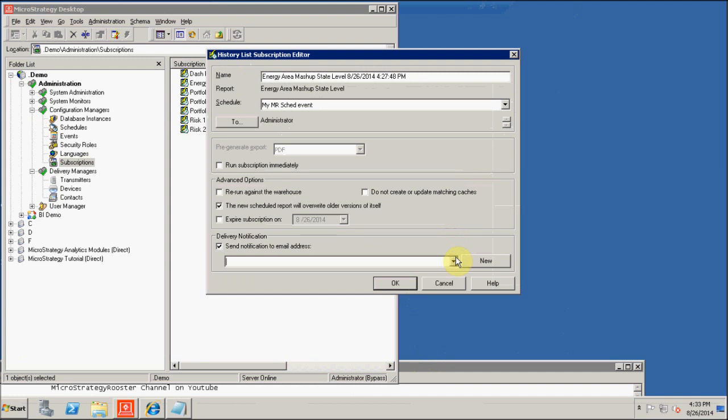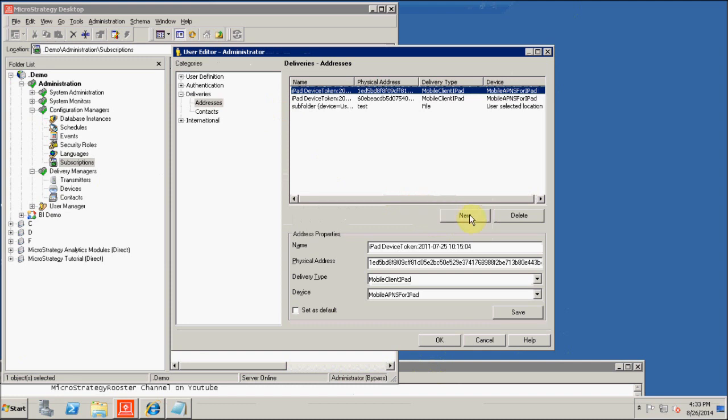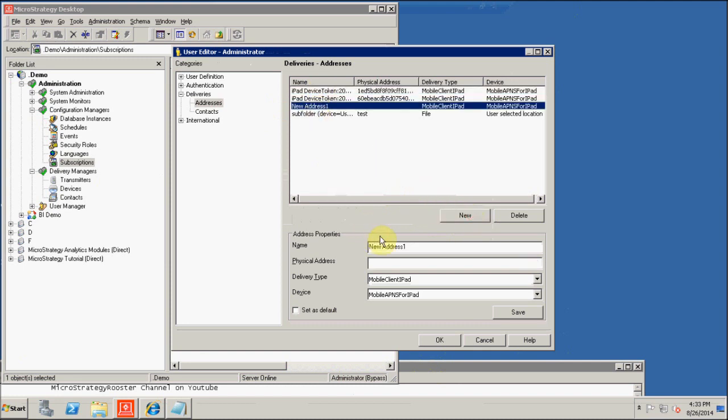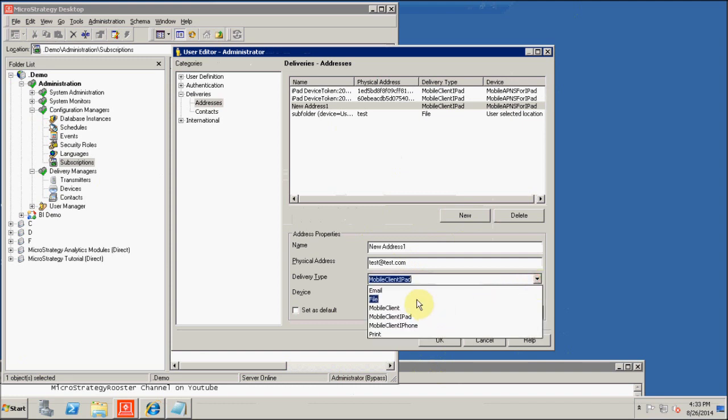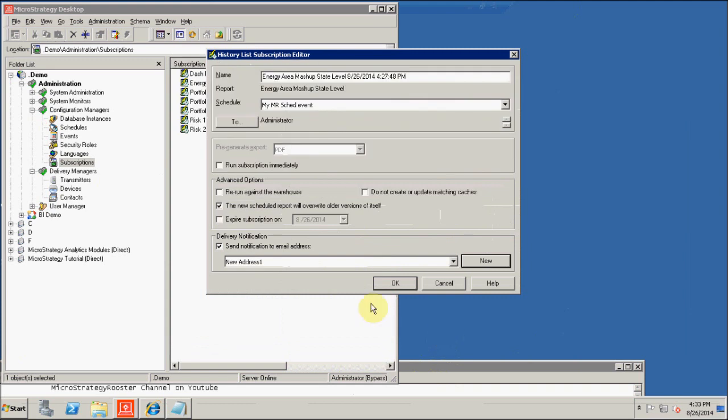So I'm going to say test. So it's trying to get me to add an address if I want to use that option. So let's call it test@test.com and see if this works. And it's an email from a generic email. Okay, there we go. So I was trying to add a notification to a file which didn't make sense. Okay, so let's stop with this